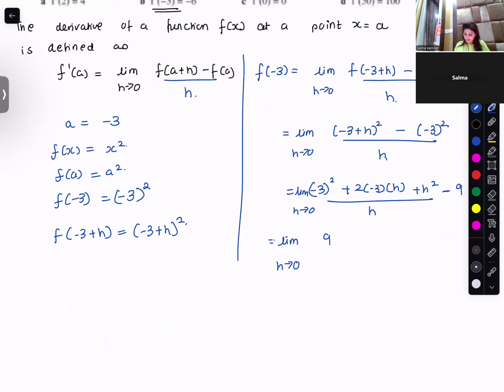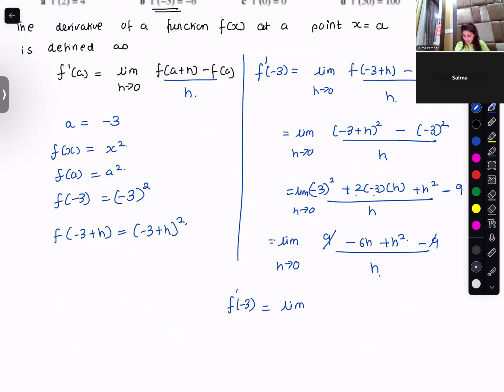Minus 3 the whole square is 9. 2 into 3, that's minus 6h plus h square minus 9, the whole divided by h. 9 and 9 get cancelled. So my f of minus 3, okay, so it's f dash minus 3